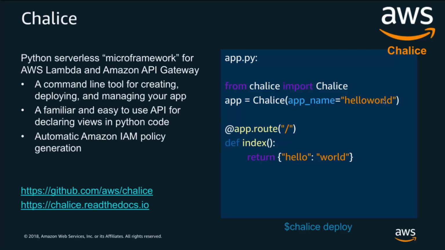Another example of this is a tool that came out of us here at AWS called Chalice. Now, Chalice is a Python framework. Very similar to the previous example of ClaudiaJS, we've got about 5 lines of code, a single command that we run, and this is going to, again, give us an API gateway, a Lambda function, IAM policies and resources configured properly for them. And it's just going to simplify, again, what we have to do in order to get started